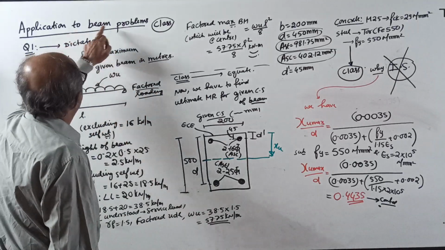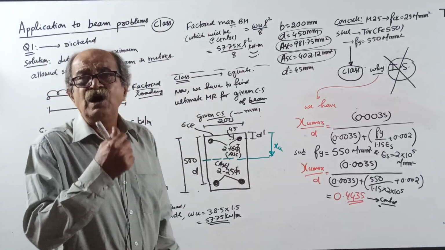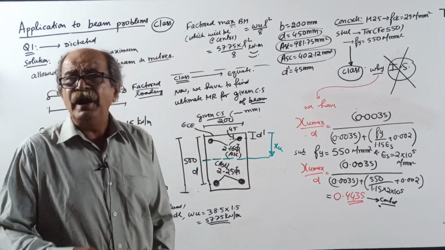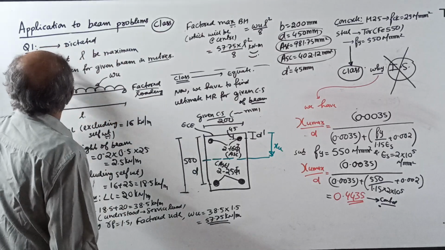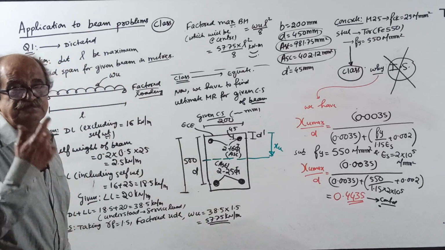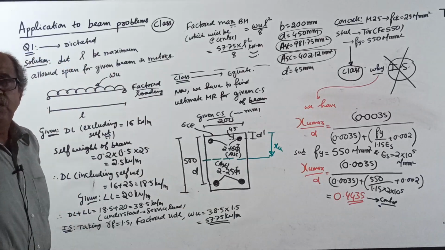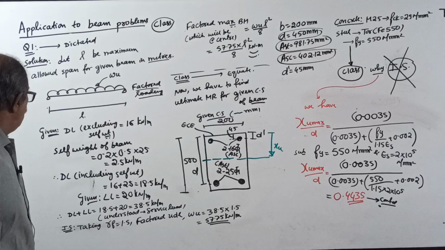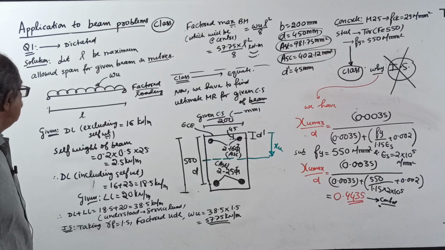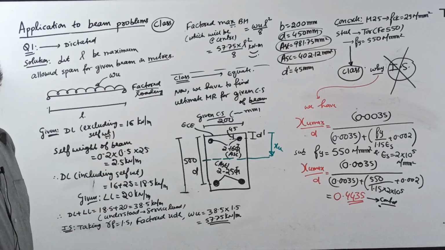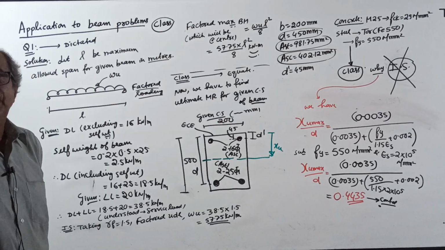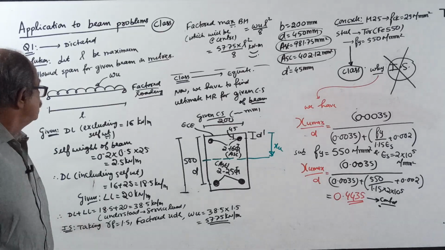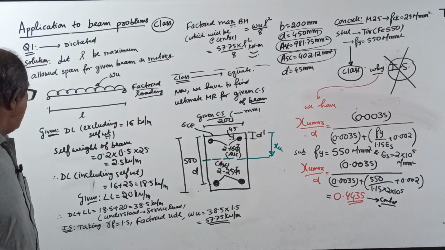What I will do is application to beam problem. This I told long back for single line post. So go and see there, I have written there, application to beam problem. Start. Question dictated, I will read the question. A simply supported beam is loaded by a dead load of 16 kN per meter excluding self weight. Either they can tell excluding self weight or in addition to self weight, whatever they want. So I am telling excluding self weight and a live load of